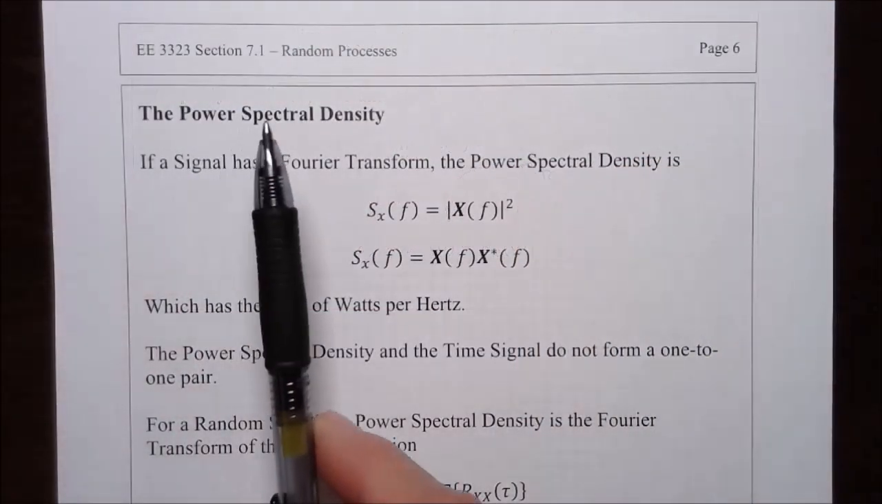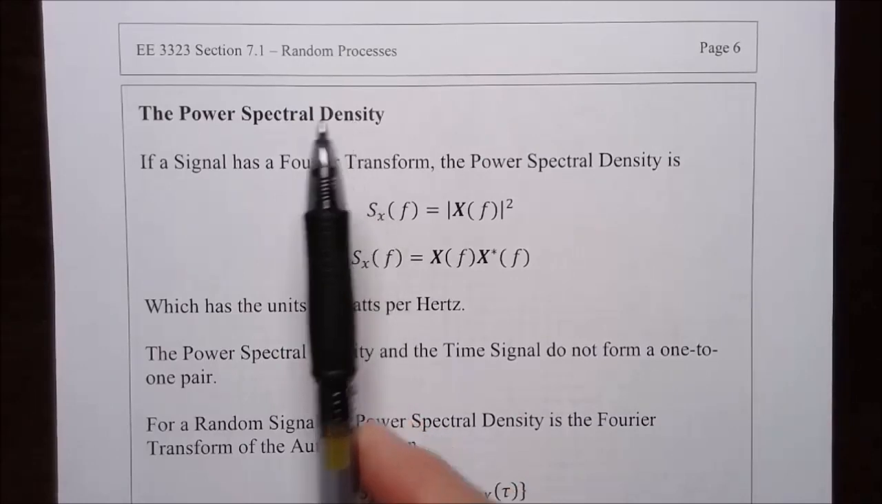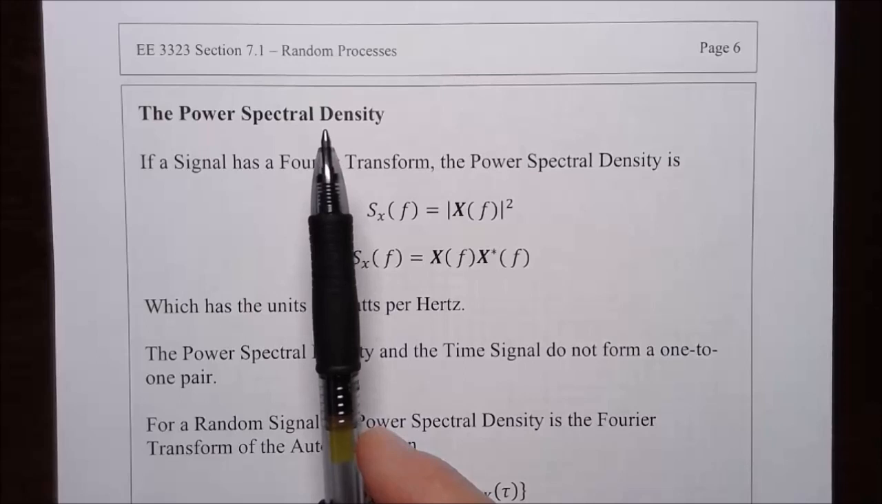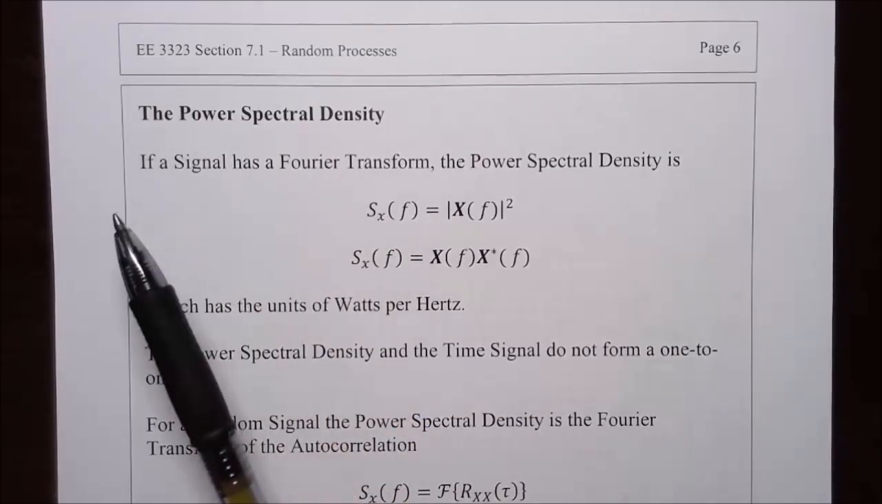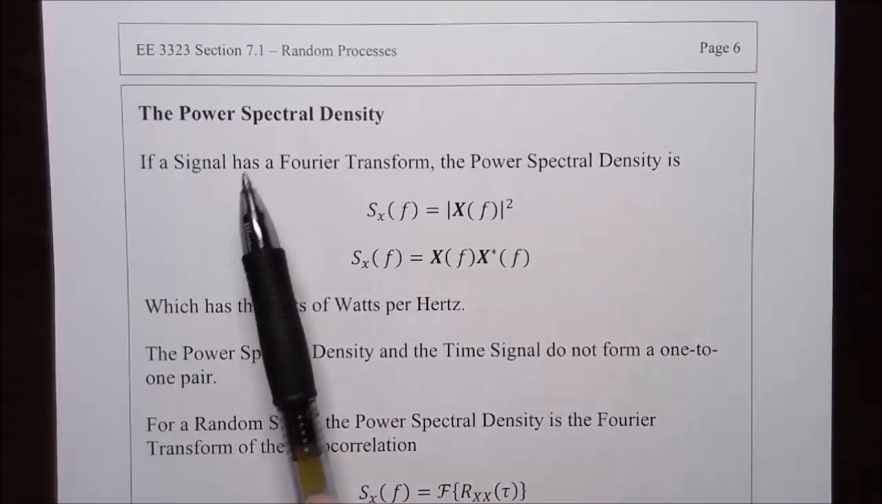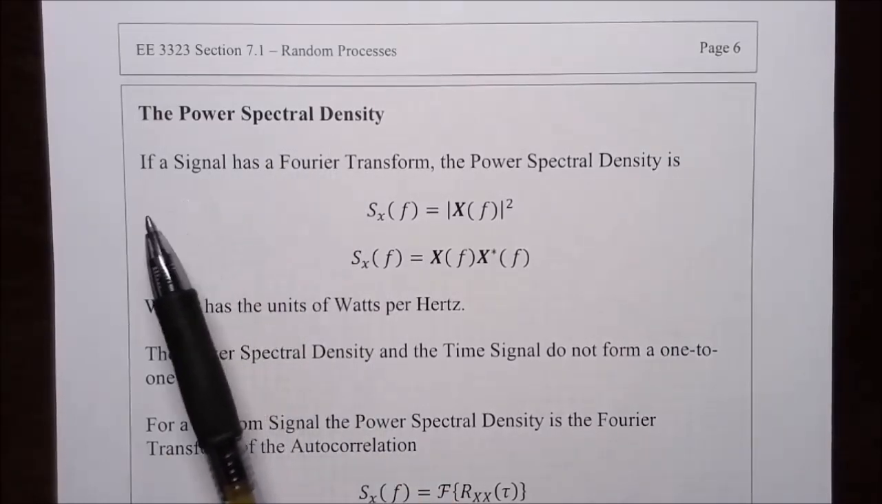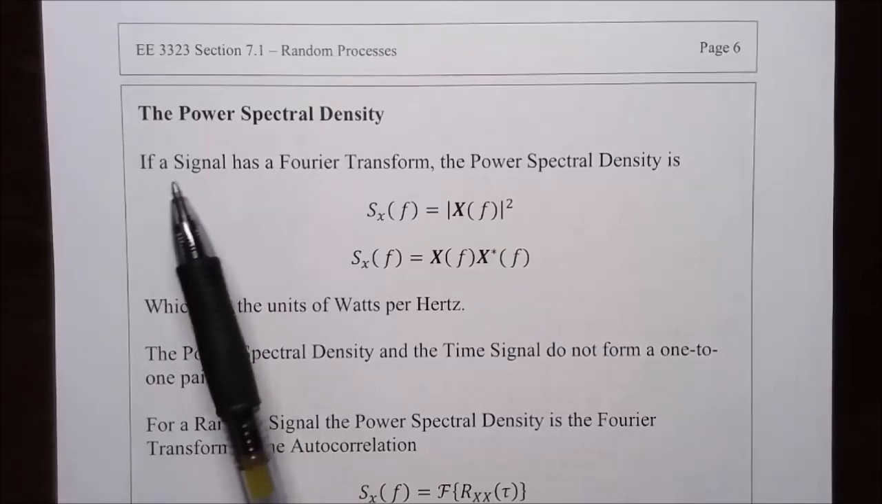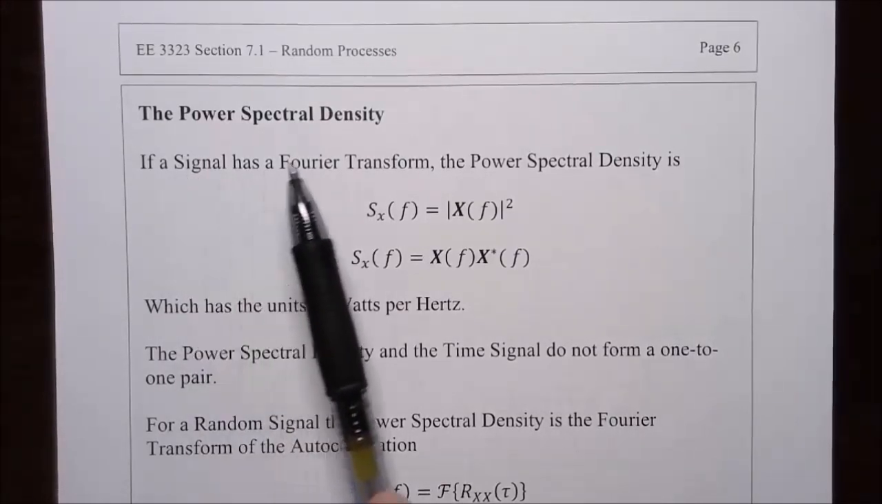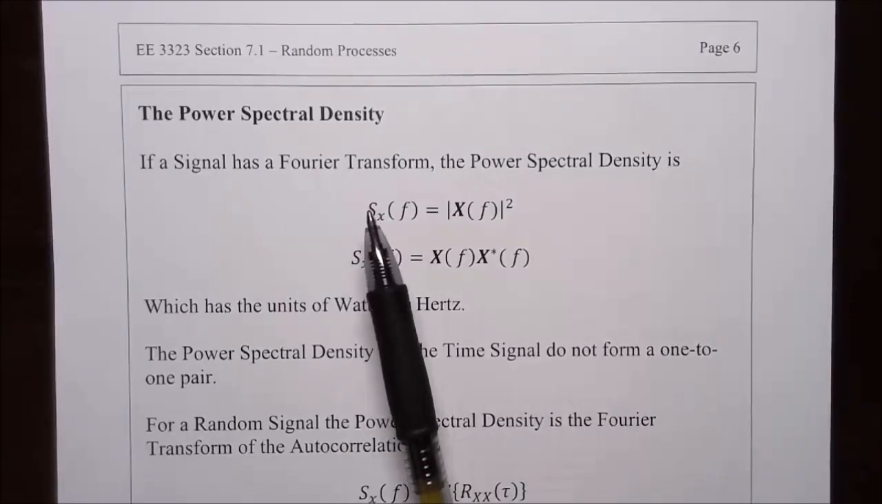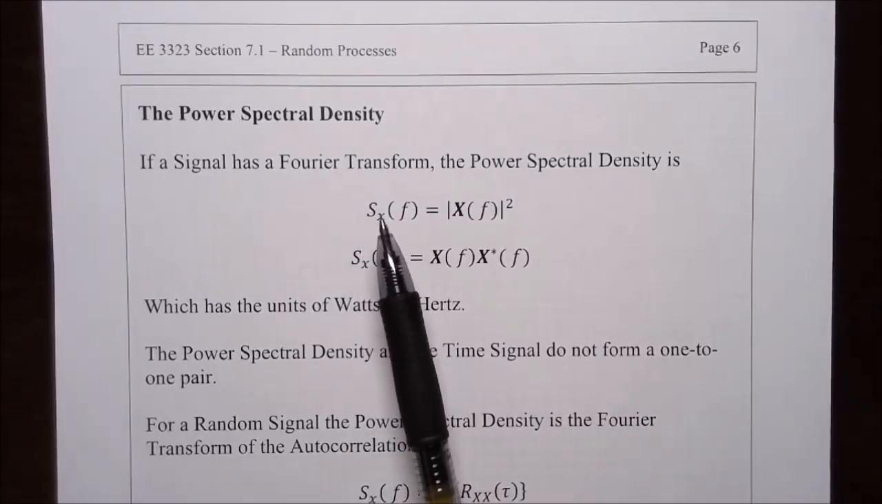Now let's look at the power spectral density. We've looked at the spectrum using Fourier transform of a time signal. That gives us an amplitude spectrum. The power spectral density gives us the power in the signal distributed over the frequency scale. If a signal has a Fourier transform, then the power spectral density, which is S sub x, so this is the power spectral density of the random signal x of t,